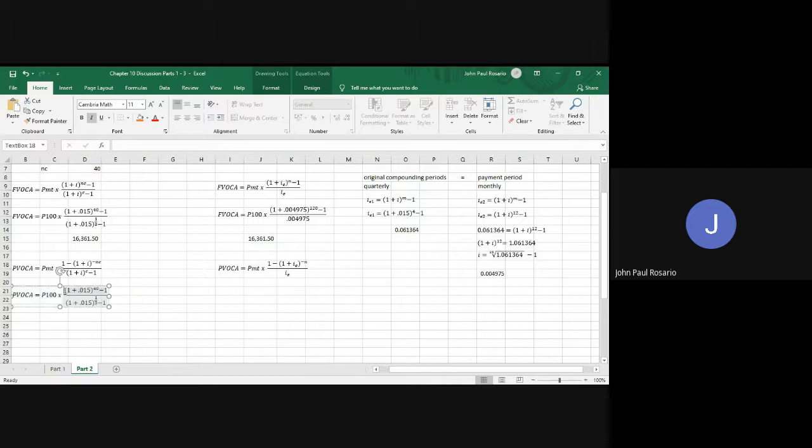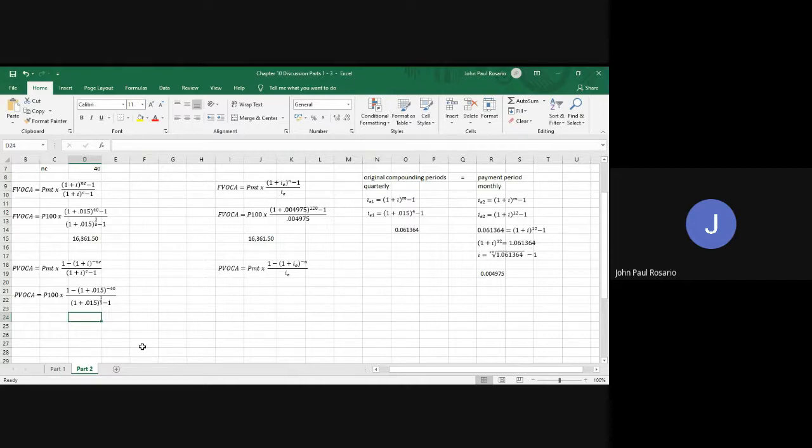So this becomes one less, and this will disappear. This will become negative, and this will disappear. If you input that on your calculators, you should get